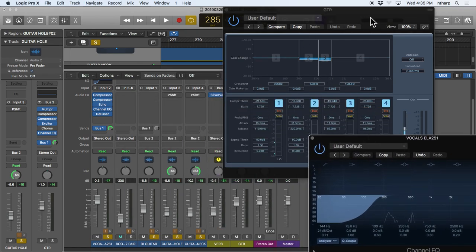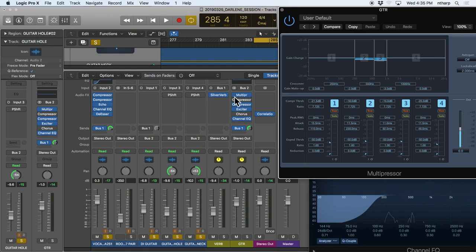And if we can do one last A-B, and I'll let you get about your day, I will compare now my multiband limiting to the overall limiting and see if you can hear any difference. Okay, so here is